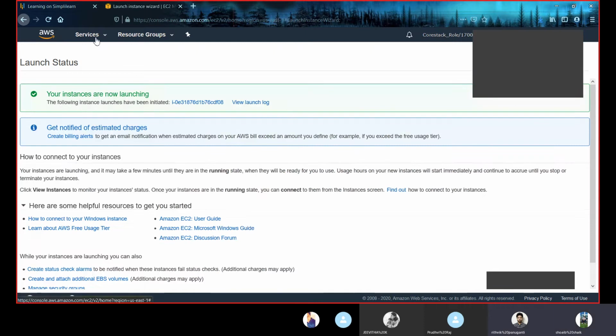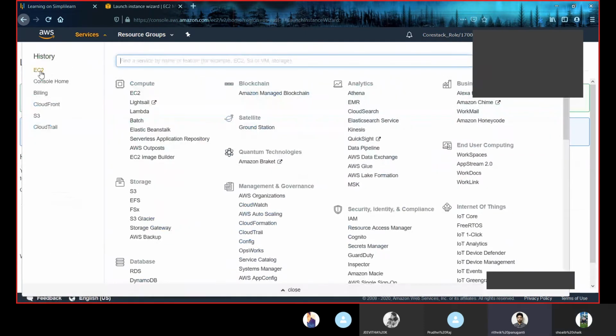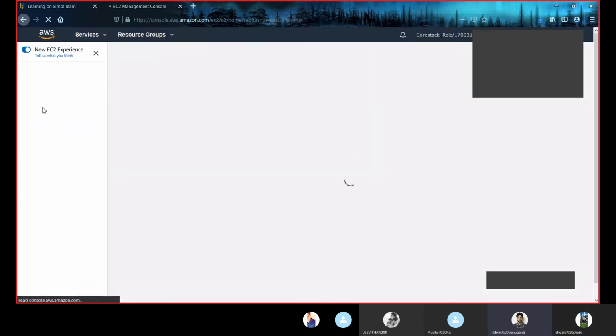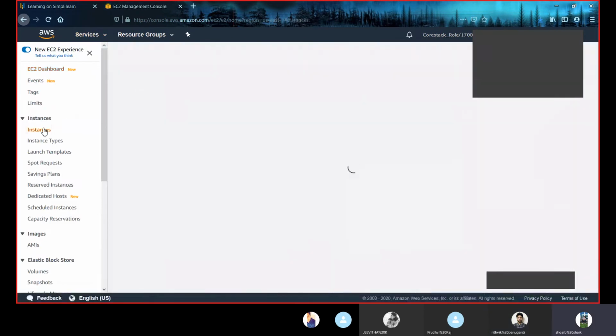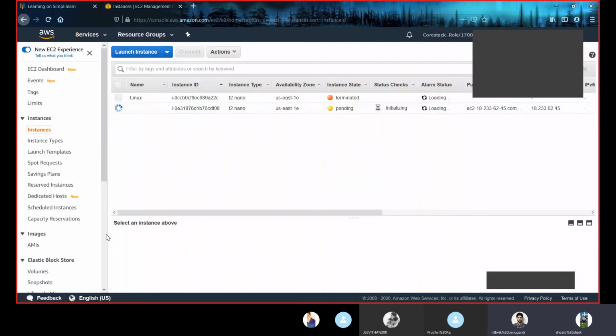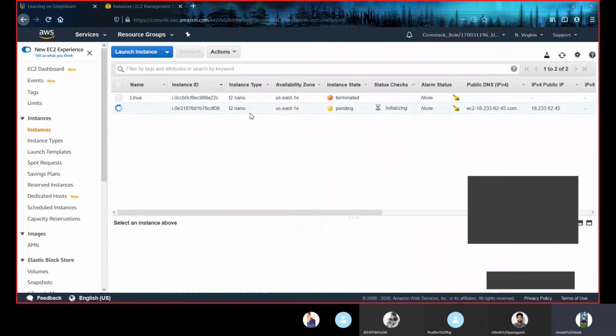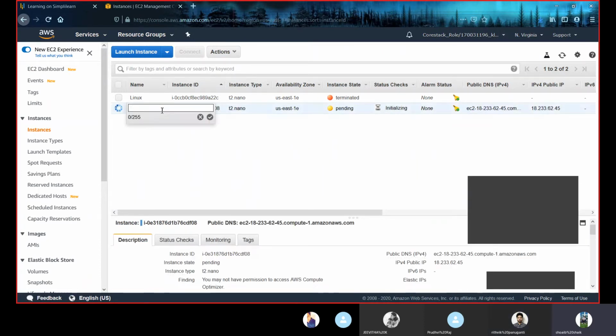So yeah, get back to the EC2 dashboard. Here, go to instances. And here you can see, this is our new instance that we launched using a Windows template AMI. So it is running. Meanwhile, let us name our instance.